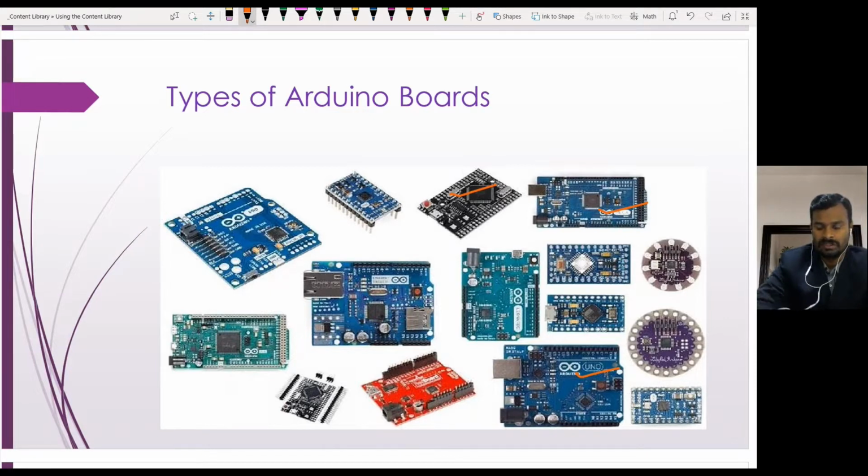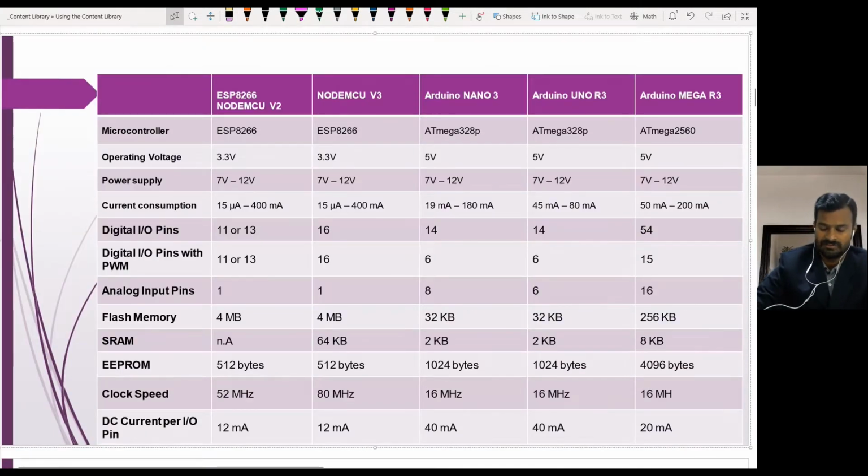The boards differ from each other with respect to certain parameters. I have listed a few here.